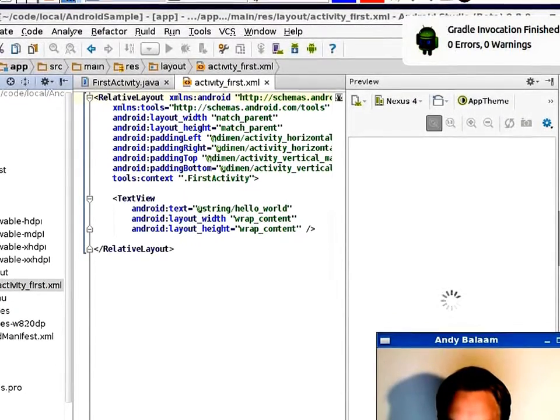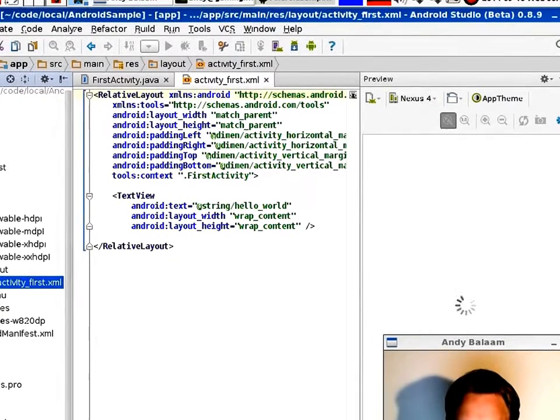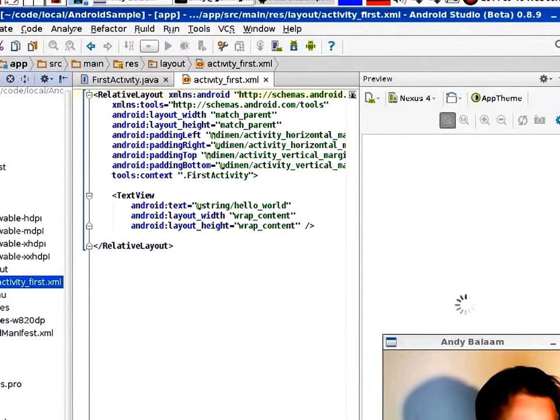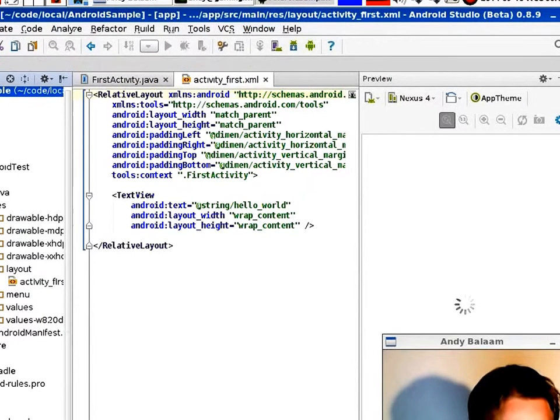It's just notifying us that Gradle finished doing what it's doing, which is getting all those dependencies. Still loading its preview over here. It's made as an application. So I'm guessing this is the Android sample directory, so we told it to put it in the directory called